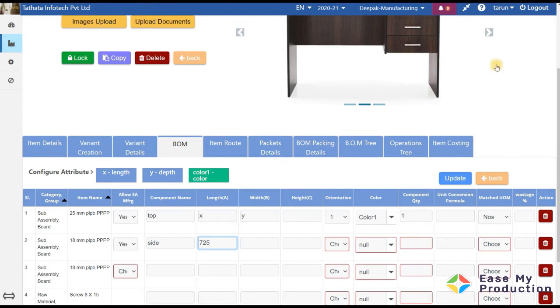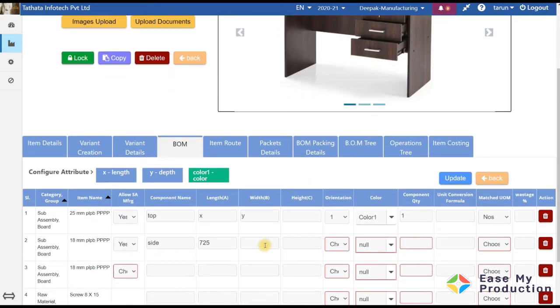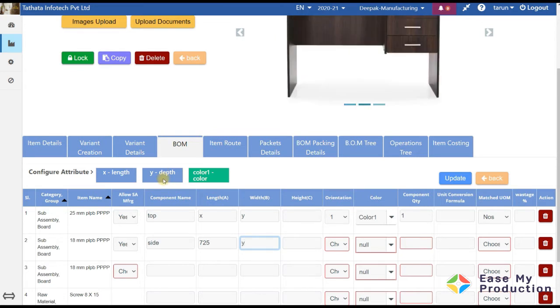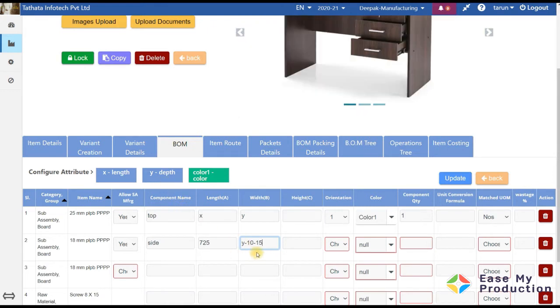And now the depth part. As you see, there is some relief from the top. So y is the depth, so we say y minus 10 mm short from the front and 15 mm from the back. So this becomes my value for y, and then I choose a grain.